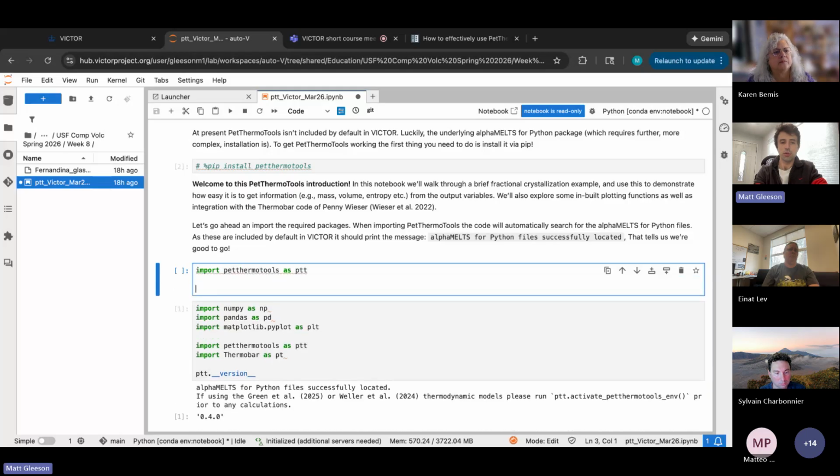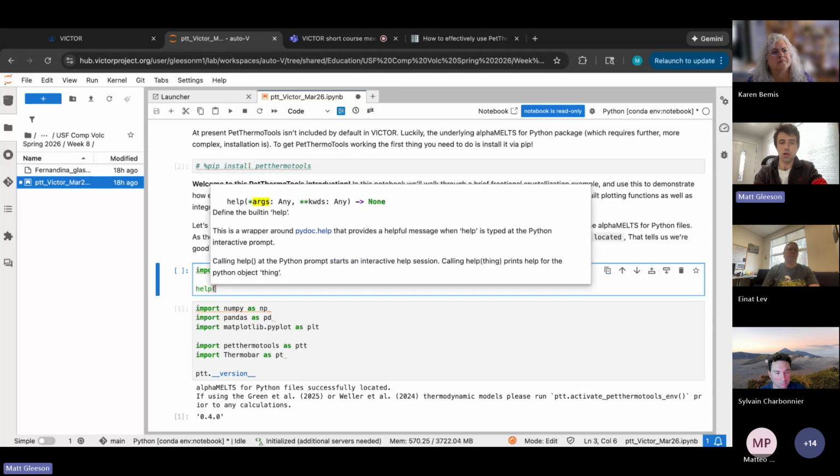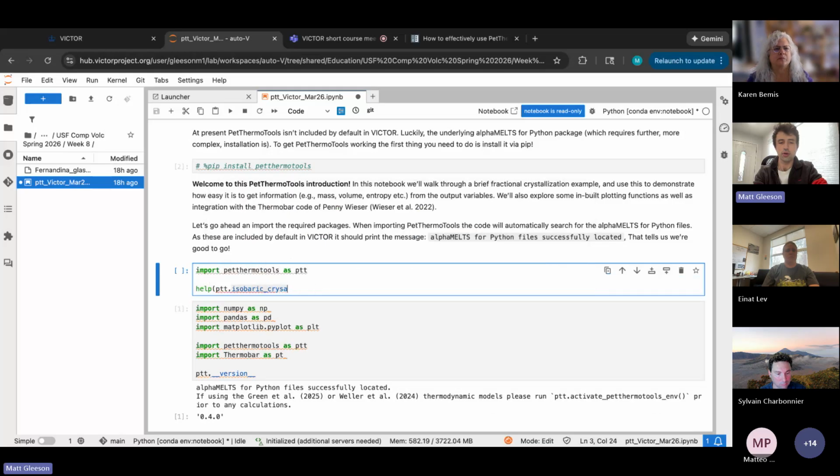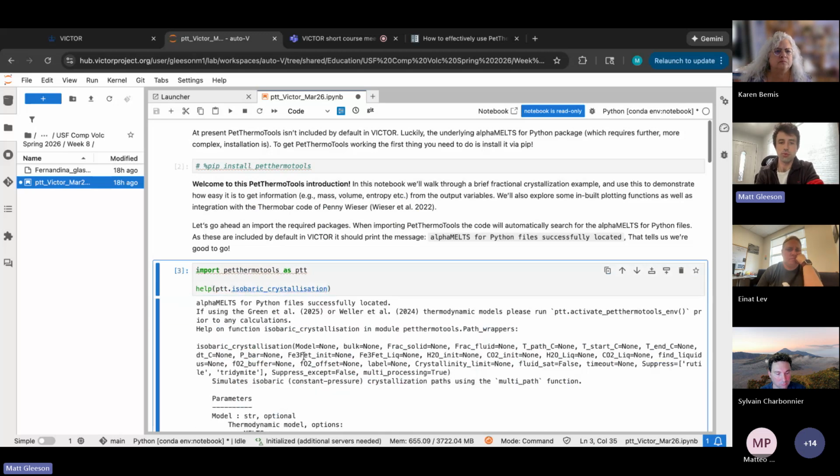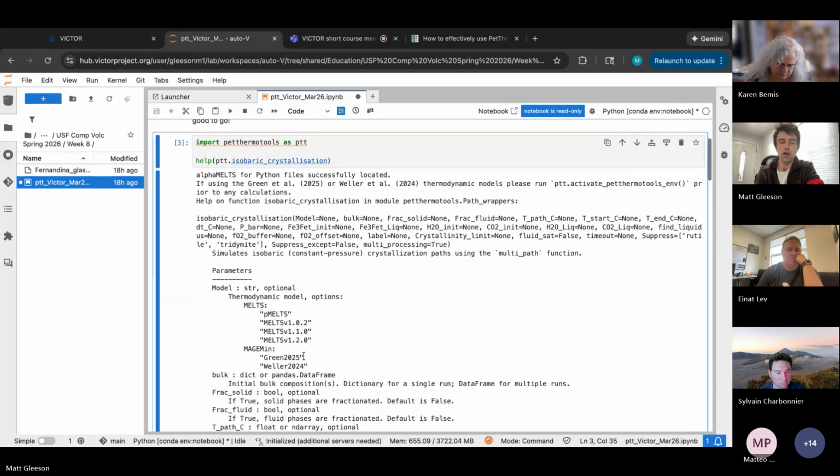Once you've imported PetThermoTools into your Jupyter environment, sorry, I got there eventually, what you can always do is use the Python help function. Once you know the name of a function, which you can typically find through read the docs, if you use the help function here, it will print out this documentation and it will say things